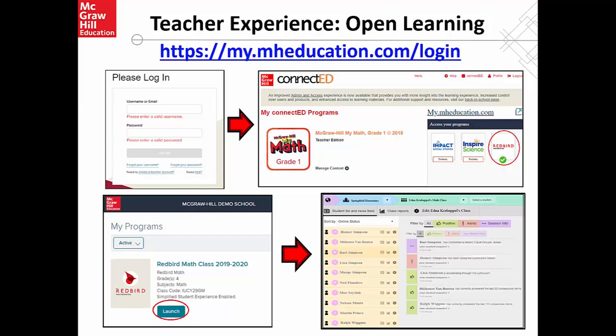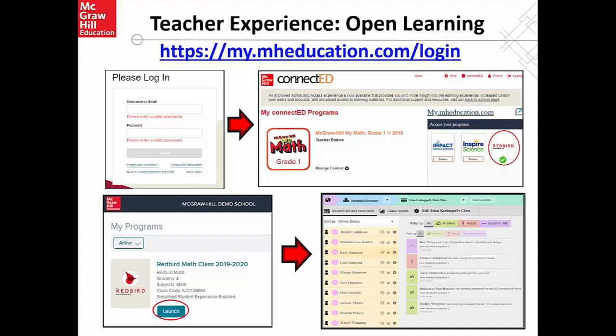So hopefully by the end of the school year, or at least by back to school 2020, next fall, it'll be set up like the students, where you would just go to one page and see everything. Like right now, the students, if they were in your My Math class and Redbird class, would see both of them on the My Programs page. So I apologize for the extra step you have to take. Hopefully soon teachers will go directly to this page as well and be able to access all of their programs from one page. But for now, as of January 27th, 2020, you do have to actually click on the logo